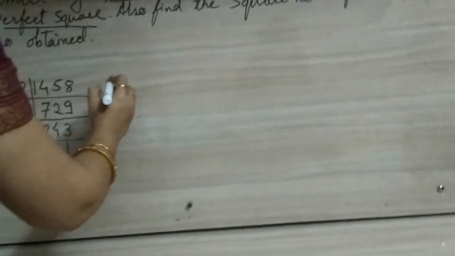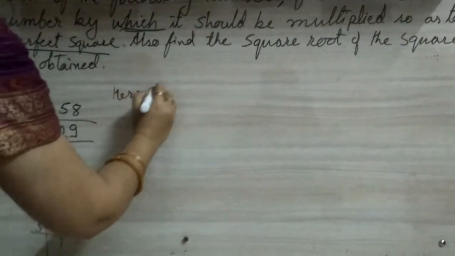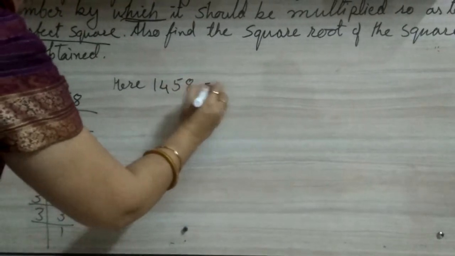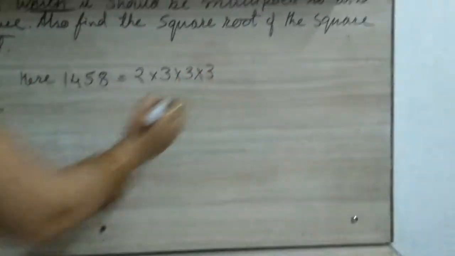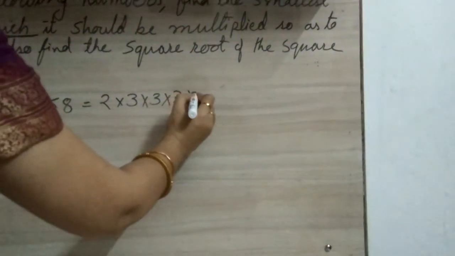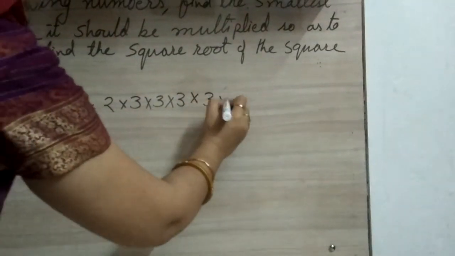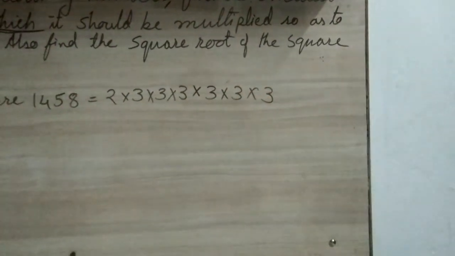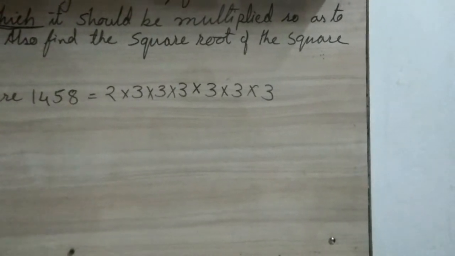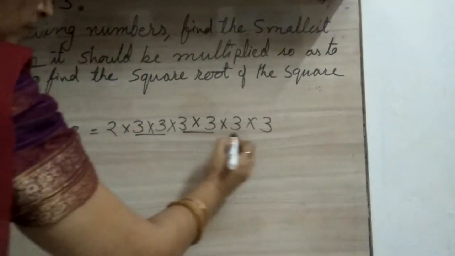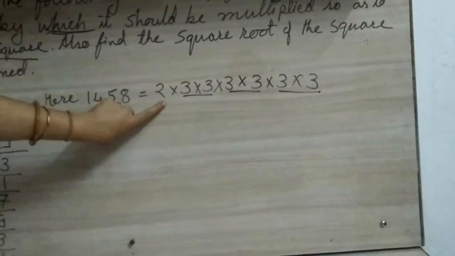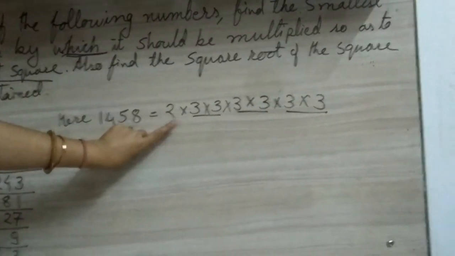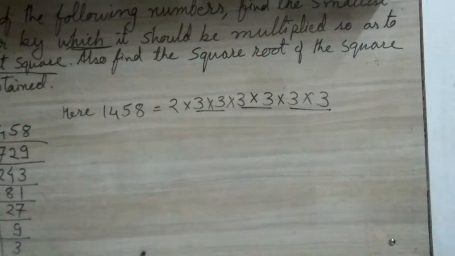Okay, so we will write here, 1458 can be written as 2 into 3 into 3 into 3 into 3 into 3 into 3. Okay, now we will make the groups. So now you observe properly. Here groups of 3 is there, 2 is alone. That means we have to multiply by 2. 2 अकेला है तो हमें 2 से multiply करना पड़ेगा. तो we will write,